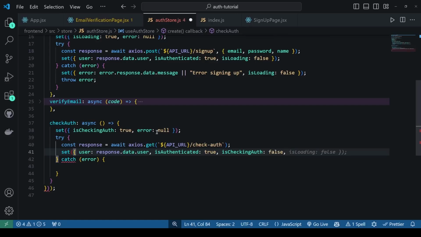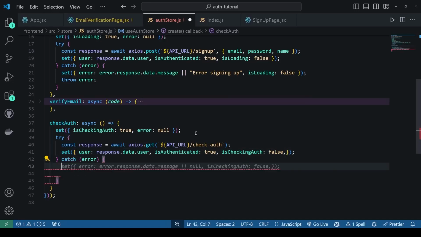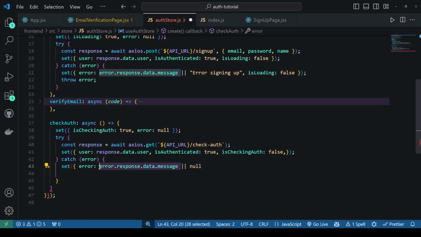So we already done the error case, so we can just skip it and close that off. And finally, in the catch case, we will update the error. So here, this is how it's going to look like, or null. Now we are not gonna show the message. I'll explain why. Let's delete this part. This would be null,